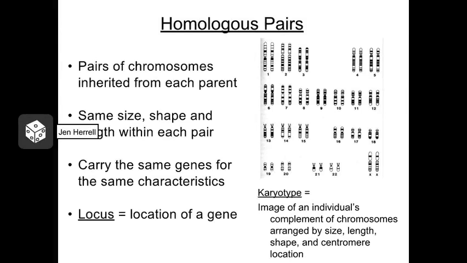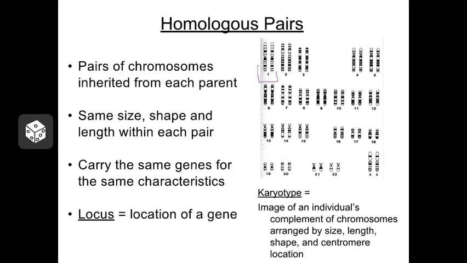The maternal and paternal chromosomes exist in pairs that we refer to as homologous. Homo in general means the same. So what's the same about these pairs of chromosomes? Well, let's take a look. Here we have chromosome pair number 1, and you can see that within the pairs, the chromosomes have the same size, the same shape, and the same banding pattern.